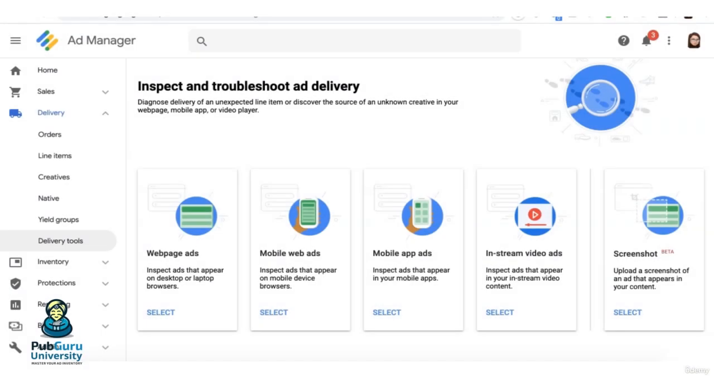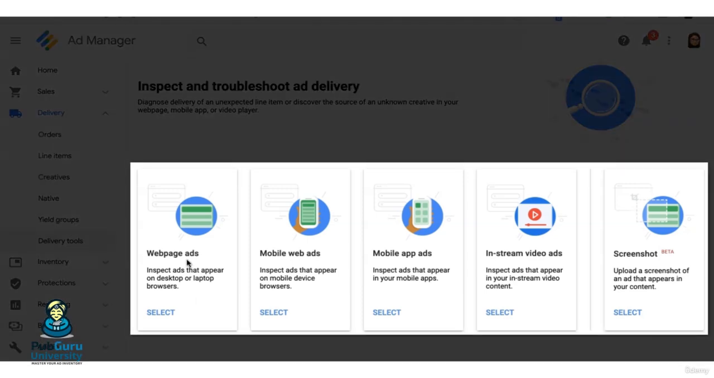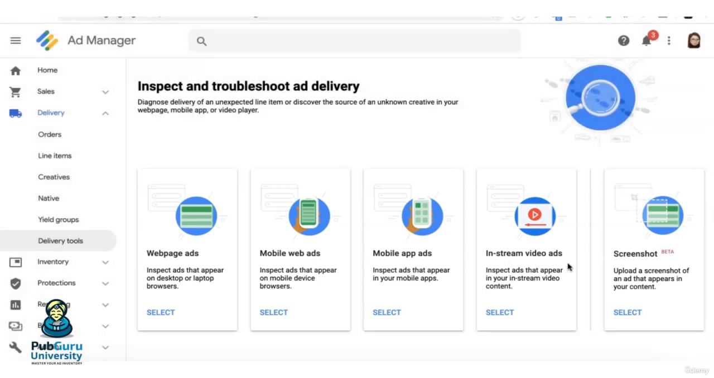You can use Google Ad Manager to inspect and troubleshoot ad delivery on your site. On your Google Ad Manager account, go to Delivery Tools. Here, you have the option to inspect web page ads, mobile web, mobile app, in-stream video ads, or upload a screenshot. In case you have multiple Ad Manager accounts, make sure you are using the right one to inspect the